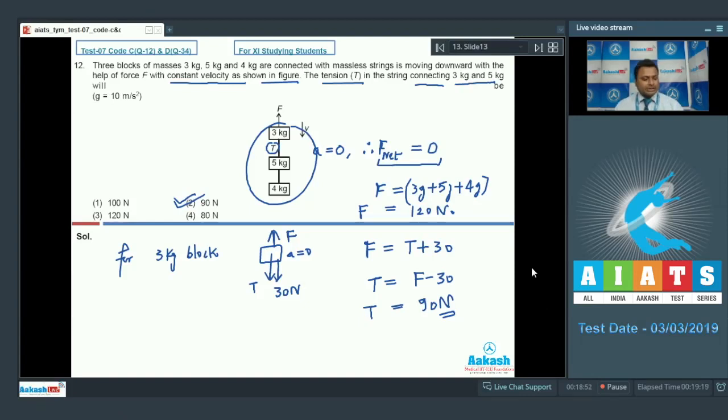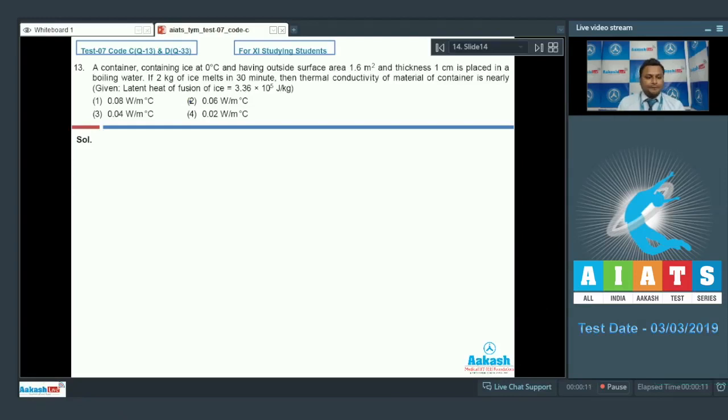Now let us proceed to the next question, that is question number 13. So here is question number 13. A container containing ice at 0 degree centigrade and having outside surface area of 1.6 meter square and thickness 1 centimeter is placed in boiling water. If 2 kg of ice melts in 30 minutes, then the thermal conductivity of the material of the container will be what, given that the latent heat of fusion of ice is 3.36 into 10 to the power 5 joule per